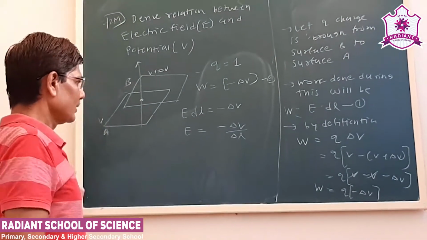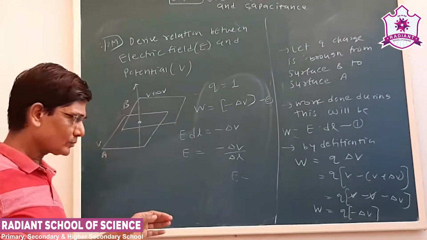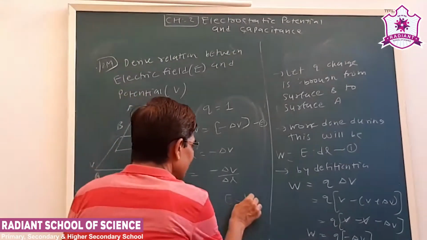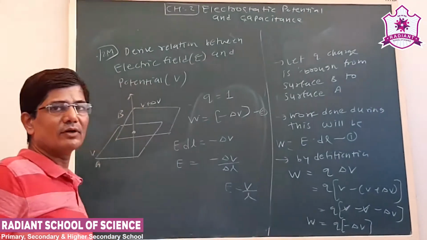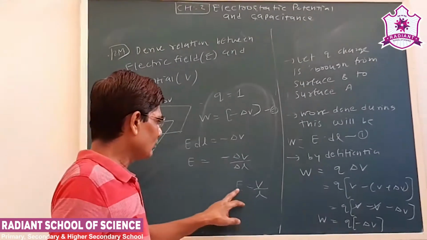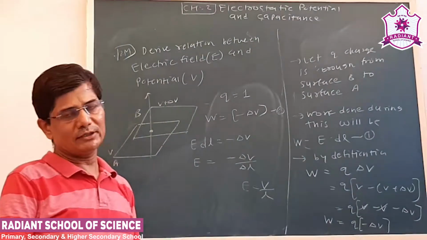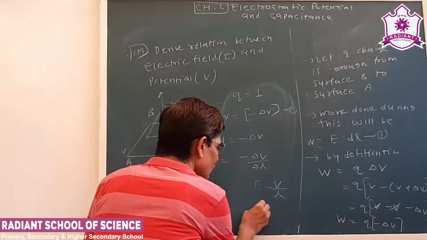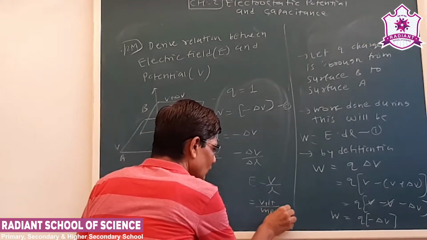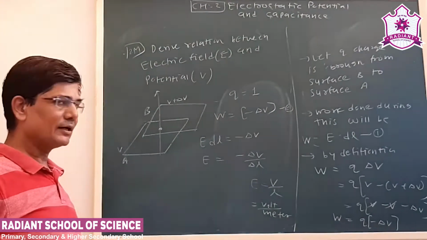So in the generalized formula, we can obtain the second unit of electric field by using this. E is V by L. In the first lesson we just wrote the unit only, but now E is capital V upon L, that is potential upon distance. What will be the unit of electric field in that sense? It will be volt per meter. This is how we can study the second unit of the electric field also.